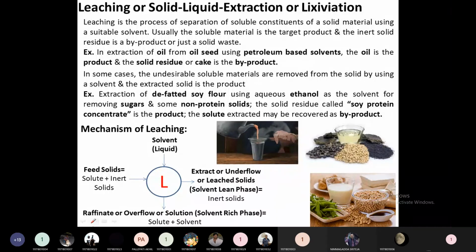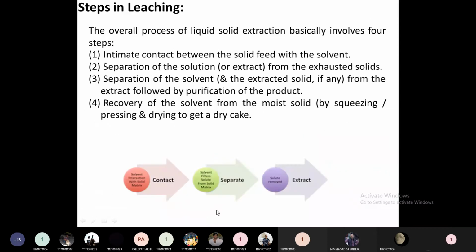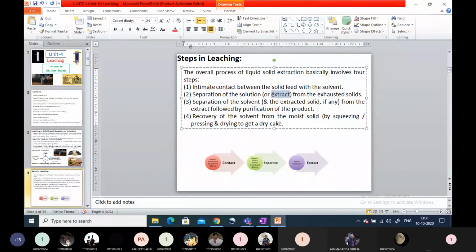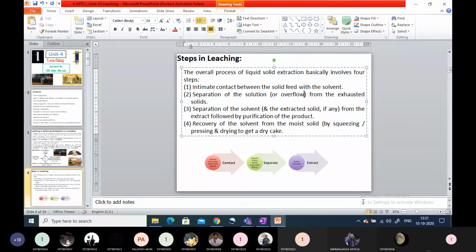For convenience in the next unit, I give the same terminology, extract and raffinate, here. But please remember this: underflow is the solvent lean phase and overflow is the solvent rich phase. This is very important. This is the solution, this is the overflow. I accidentally gave that one.